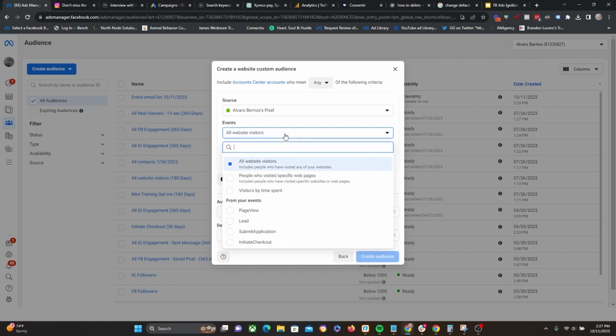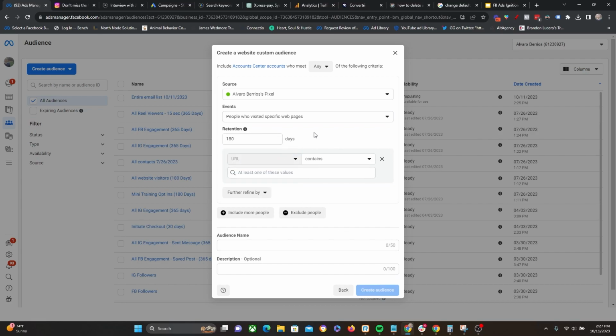But beyond that, we can also customize the type of visitors. So people who visited specific pages, you can do that one right here. If you want to target people who visited the confirmation page for a specific purchase or a specific opt-in, you can do that here as well. You would just type in the part of the URL for that confirmation page. So for example, if the confirmation page ends in